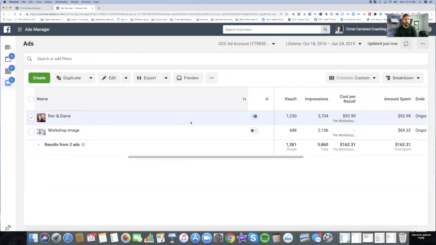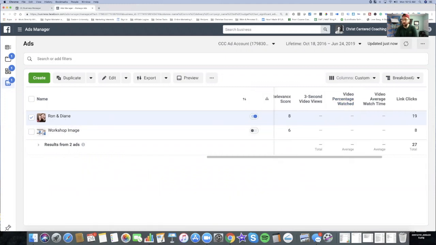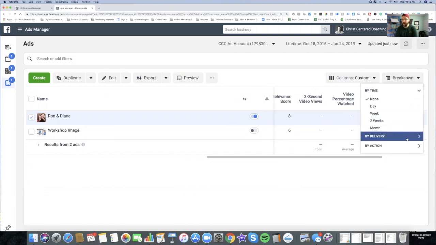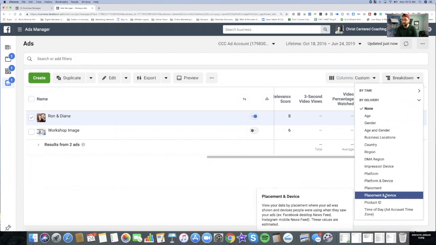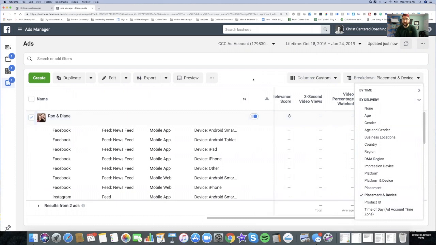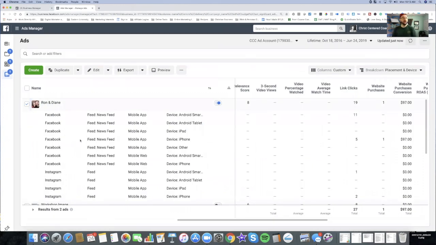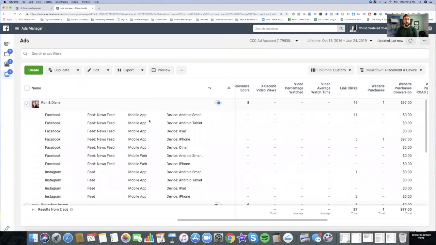Okay, so we're now on the ad level. So here's the cool thing that you can do here: you're going to go over to the top right where it says breakdown and go all the way down to by delivery. I like to select placement and device. And what this does, you can see all the new information here on the left-hand side. I'm going to zoom out a little bit so we can see this better. It'll show you all the different placements, Facebook and Instagram, whether it was the news feed and what kind of